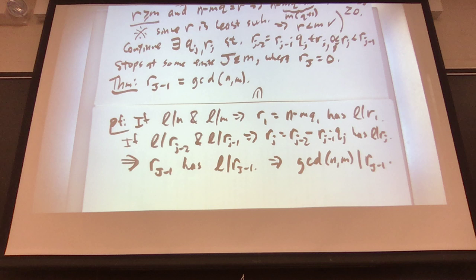For the same reason, if you just write what the equation is, this one and this one have Rj minus 1 as a factor. So this one does, and then the next one does, and so on. And it works its way all the way back up for all j, including j equals 0,